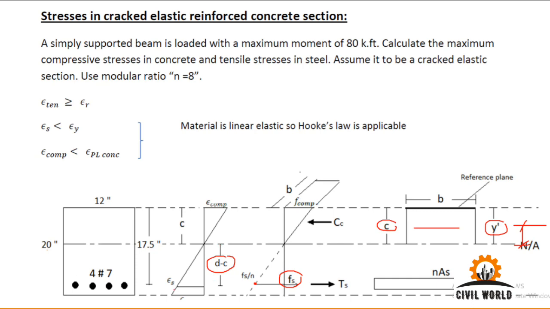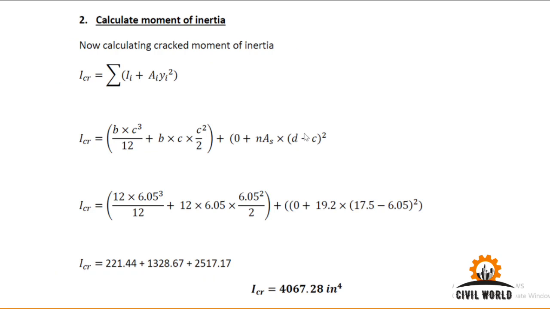So d minus c squared, you can solve it, but this has to be c squared divided by 4. I will rectify it in the PDF notes, but we can consider the same value for this lecture right now. So your cracked section is